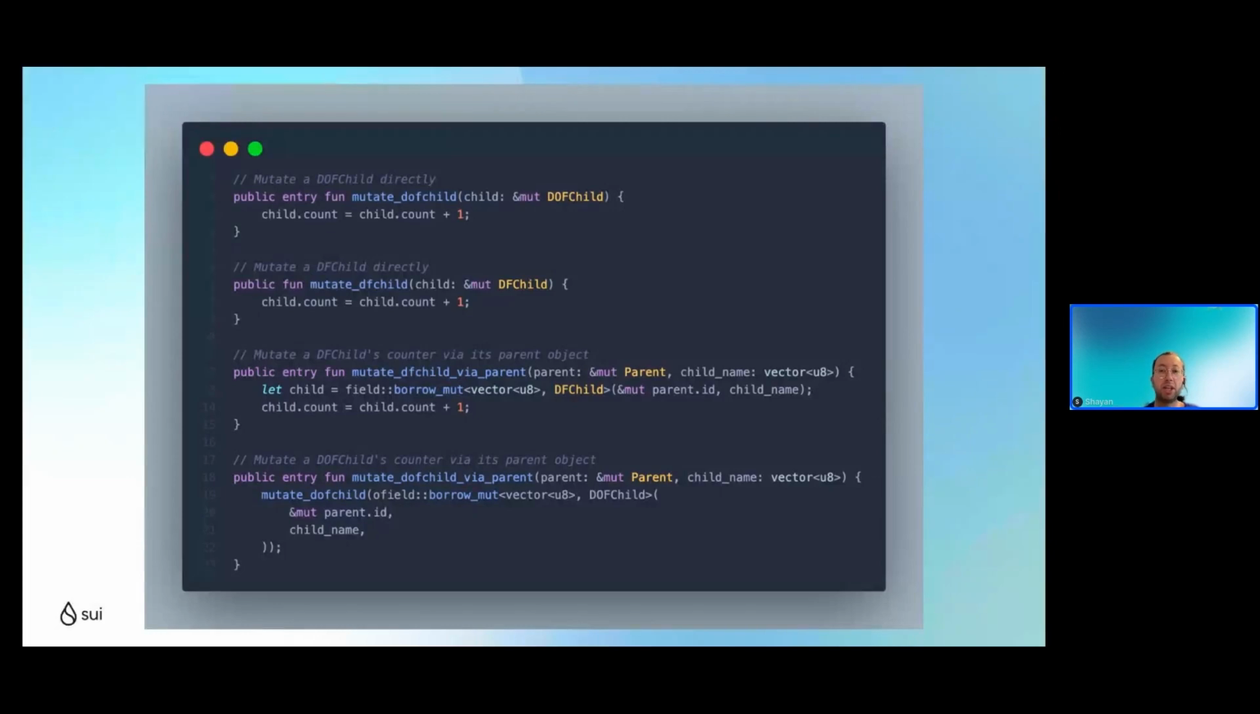So why can the dynamic object field child be an entry function but not the dynamic field child? I'm looking at the chat now, so I'll give you guys a hint. When you want to mutate something directly, when you want to interact with an object directly, you need to actually pass